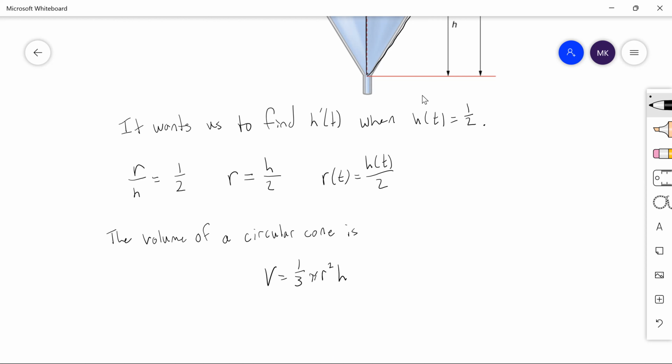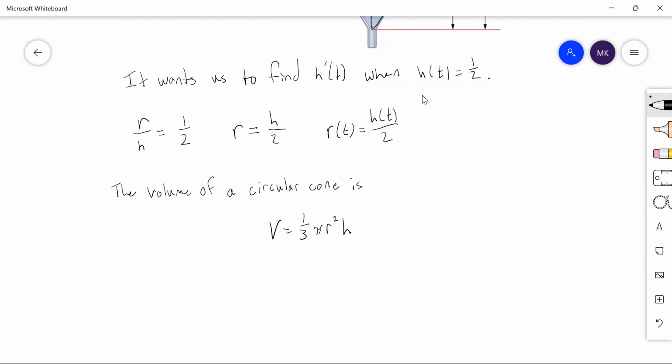That will be in person. So I will probably have a formula sheet where I either give you the exact formula in the question, or I'll give you a formula sheet with a bunch of formulas and you just have to figure out the right one. So this, then we can say that V of t is 1/3 pi